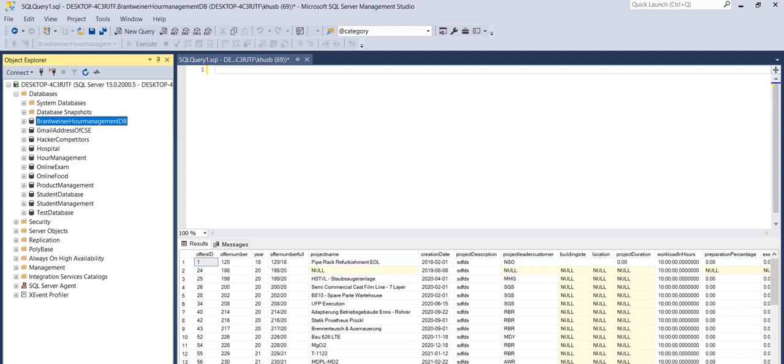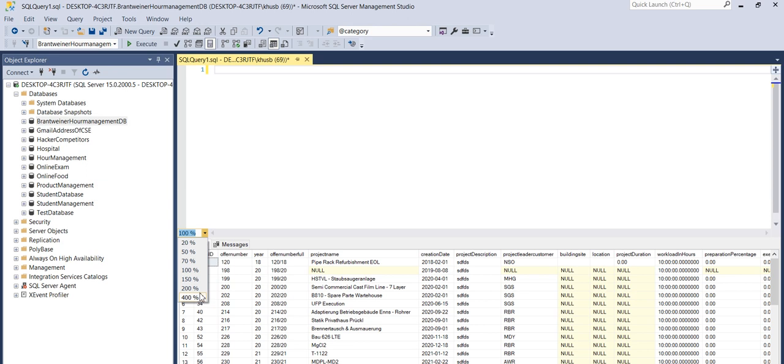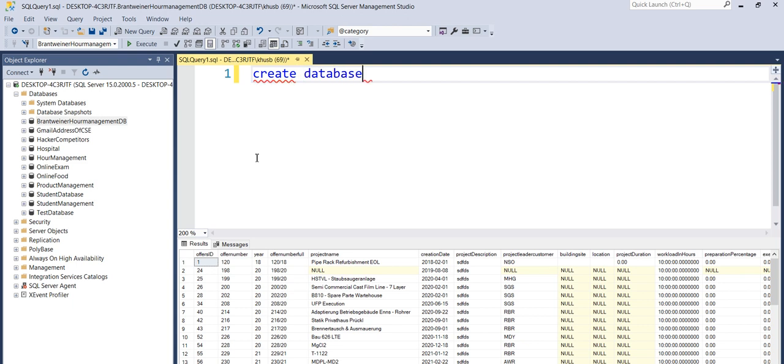Okay, so let's create a totally new database. So how can we create a database? We just simply need to write the create command, and then what you want to create. I want to create a database, so I will write create database, and then the name of the database, so our school management.